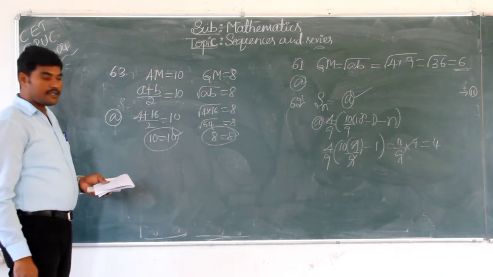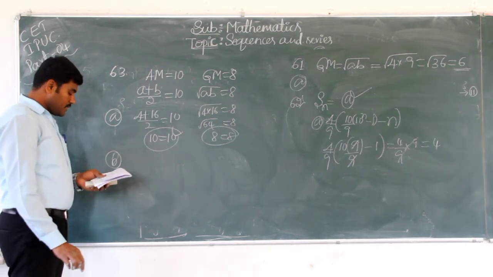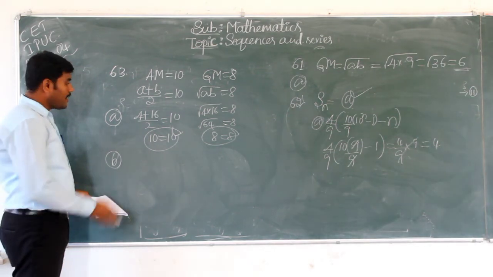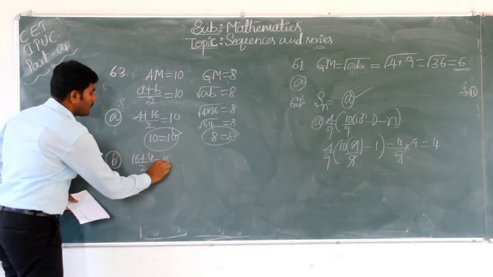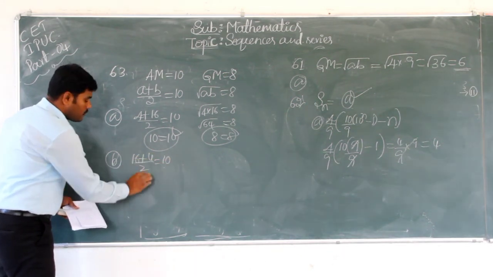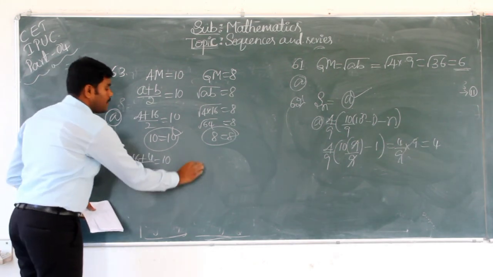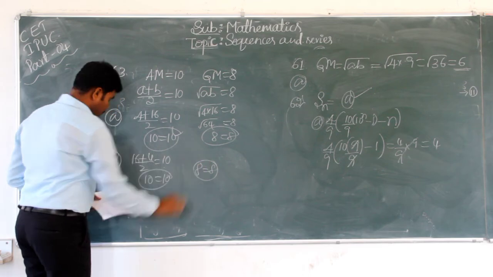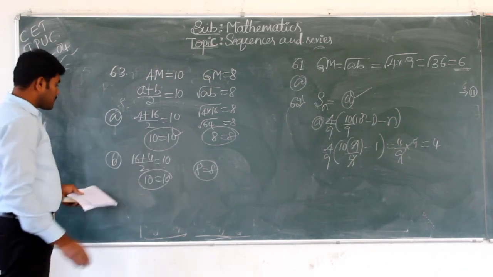Again, we must check option B. What is in option B? Option B is 16 and 4, given in reverse. If you look, 16 plus 4 upon 2 is equal to 10. 16 plus 4 is 20, 20 by 2 is 10. 10 is equal. Here also, 8 is equal to 8. See, both option A and B are correct answers. Option C is